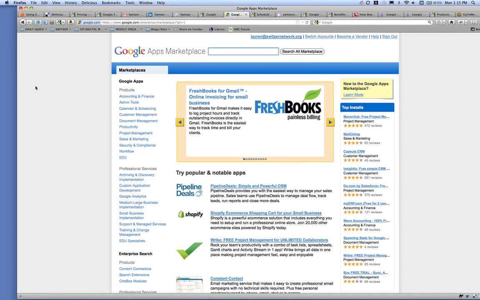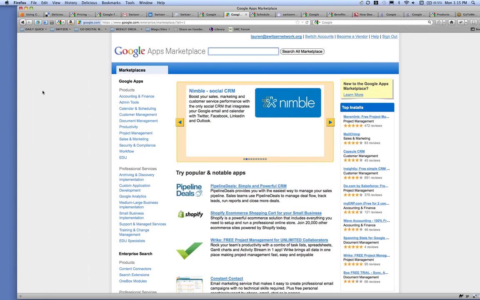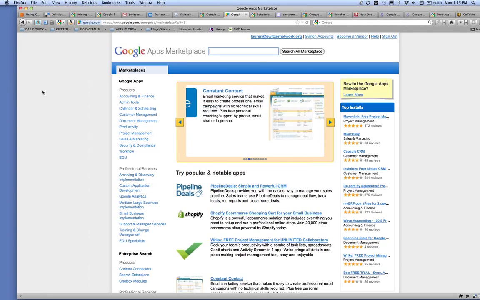It takes me to this list of really pretty much everything you could imagine. If you're using Shopify or Constant Contact, or pretty much any major cloud computing software out there, there's going to be an app that you can integrate with your Google Apps account. That, of course, makes it incredibly easy, because all of the various apps that users and employees of an organization use,